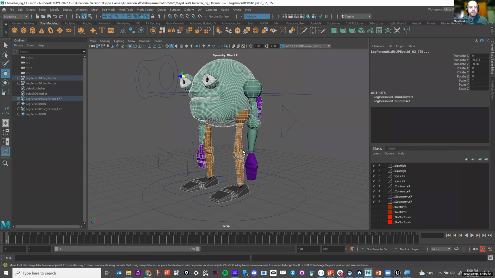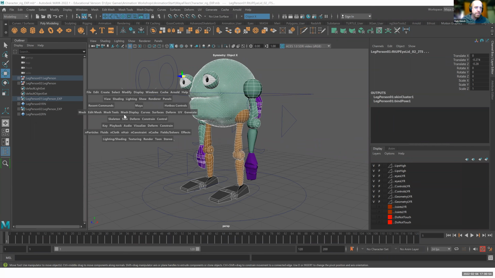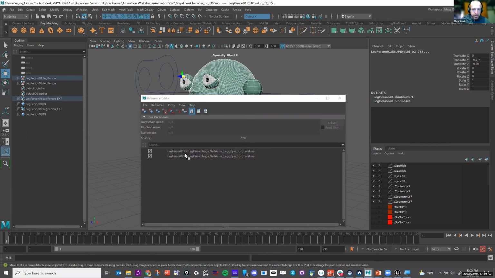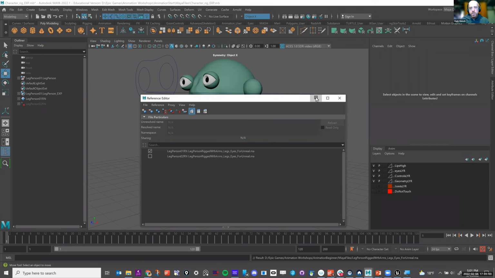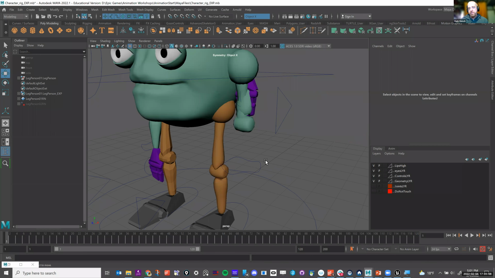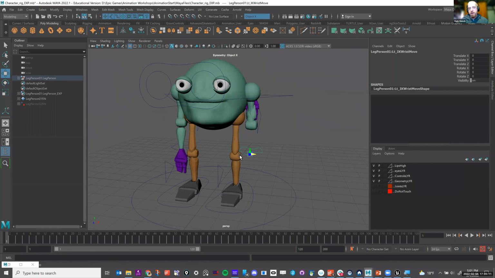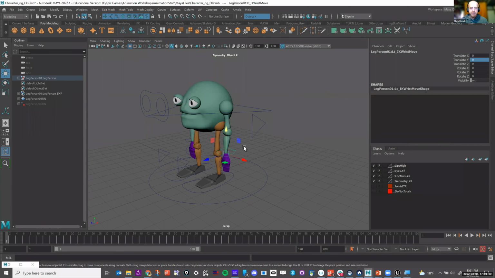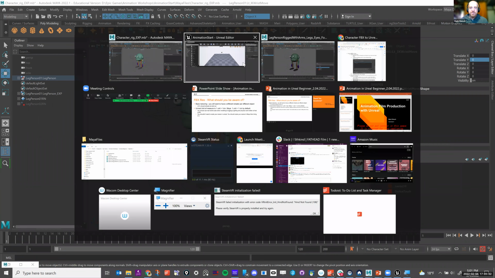The other thing that I've noticed with this, I'm just going to go into my file reference editor. Where's my reference editor? There we go. I'm just going to shut off leg person 2 for right now. Okay, so we exported out leg person 1, and I don't know what is happening there, but for some reason that left arm just checks out. What I would want to do is give that a wiggle to get it back. It ends up not becoming a problem, but for some reason when it's exporting out in FBX format, it gets a little shy and tucks up under the shoulder. I don't know what the deal is with that.